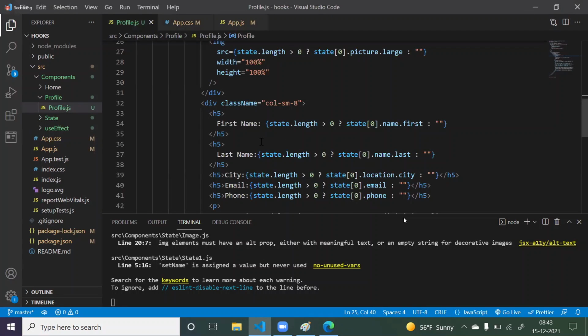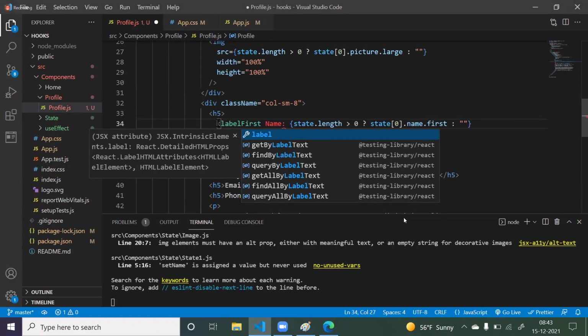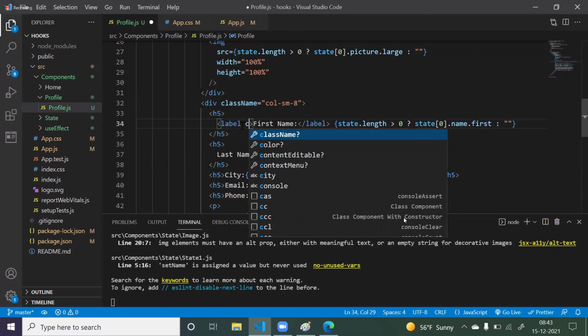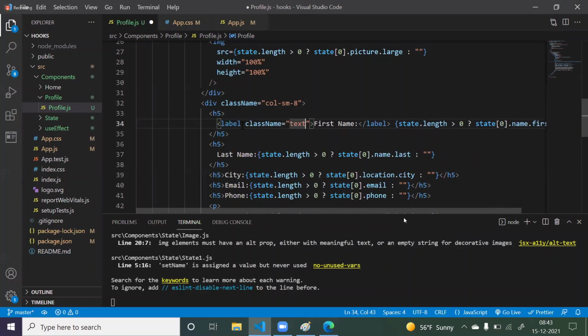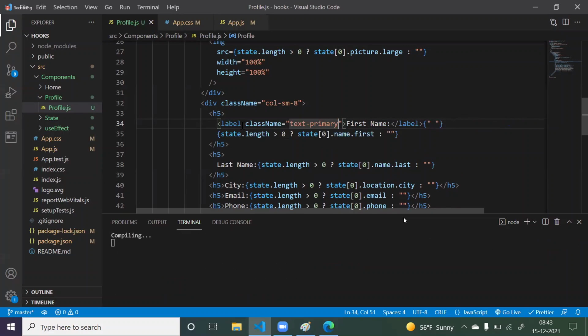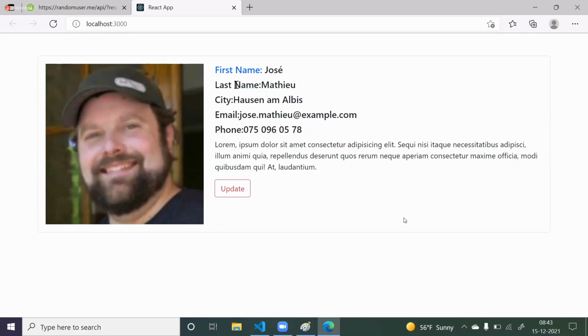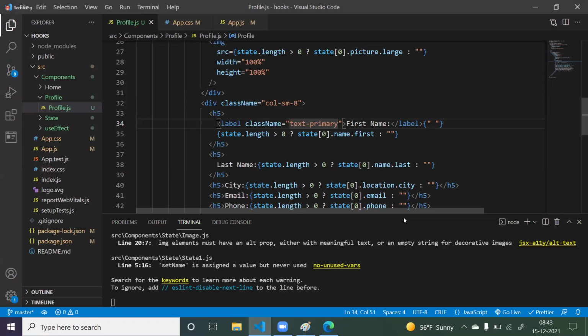So what we can do, simply this we can keep in the label tag. Now here you can give some styles. So I'm just giving some class name equals to text primary. Now just save it. Now you got, this is the first name, like this. Now like this, you can give different styles for each and every one. So for this also label.